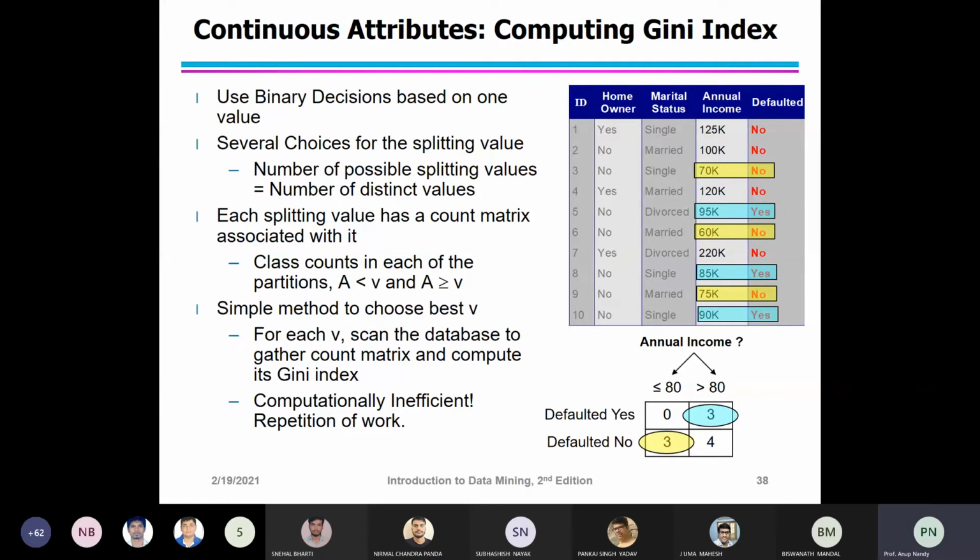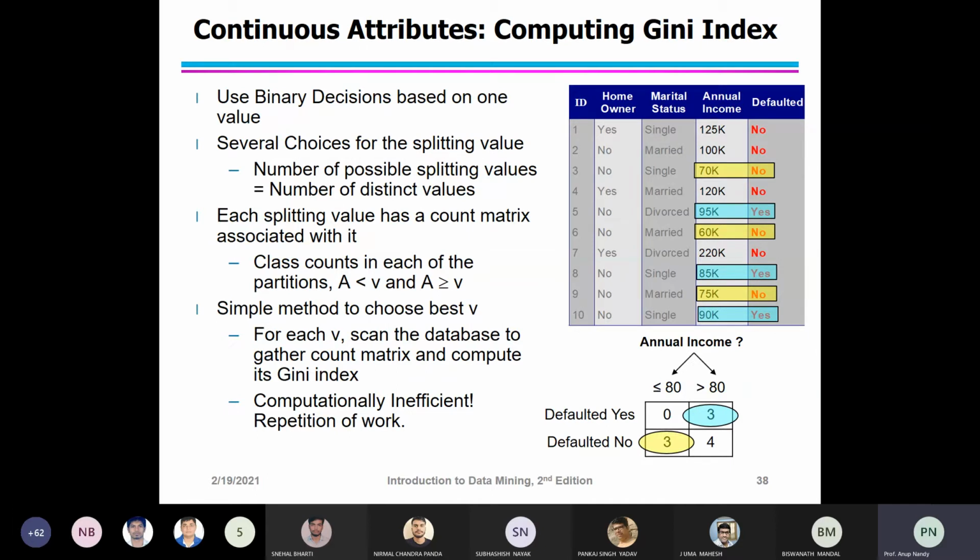To reduce the complexity, the training records are sorted based on annual income. That is why the brute force approach is inefficient: you have repetition of work, and the overall complexity is order of n squared, because every time you have to compare with each and every element to choose the lowest value.